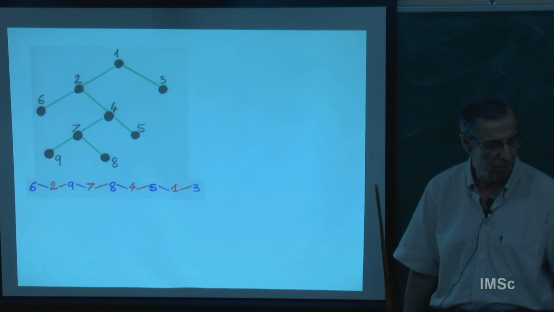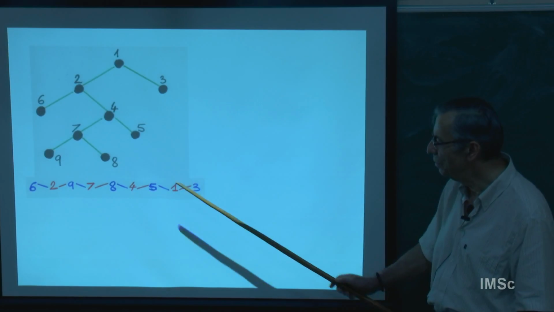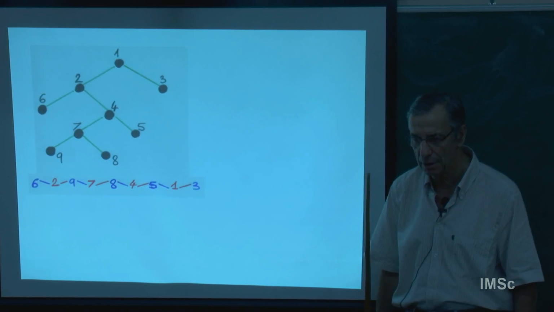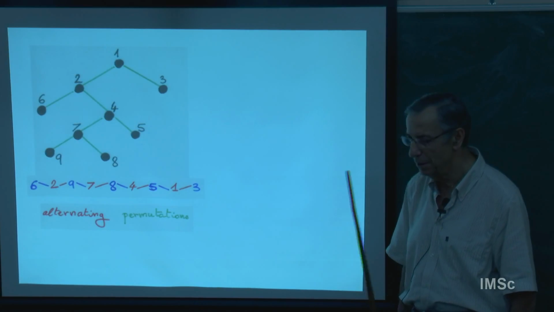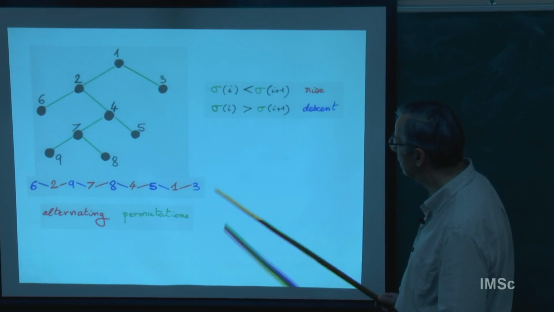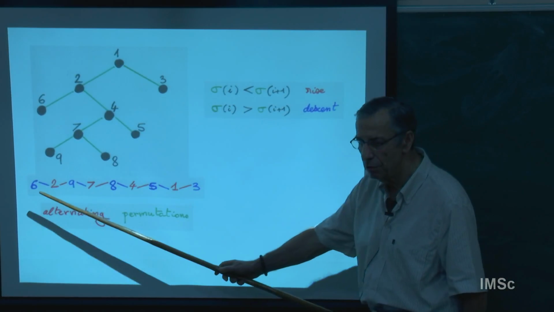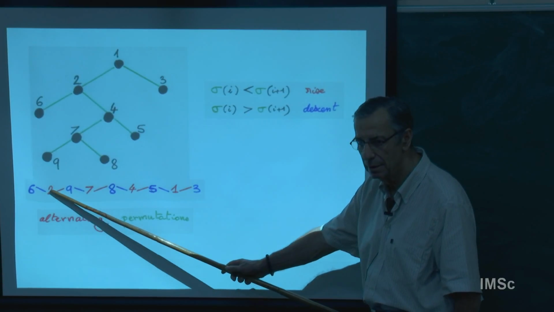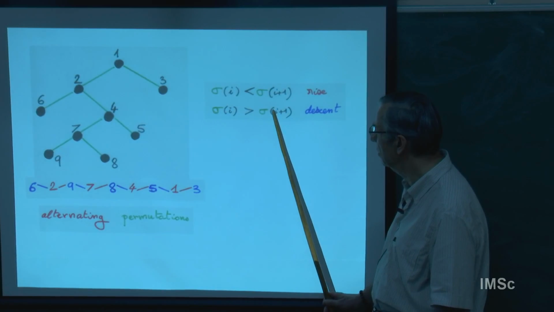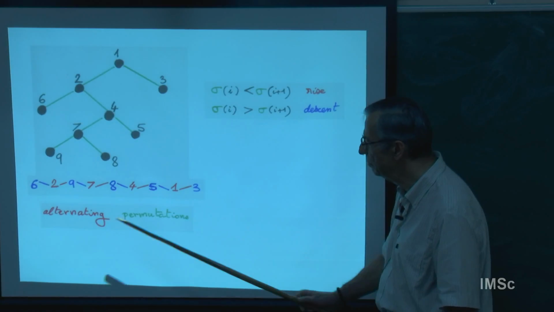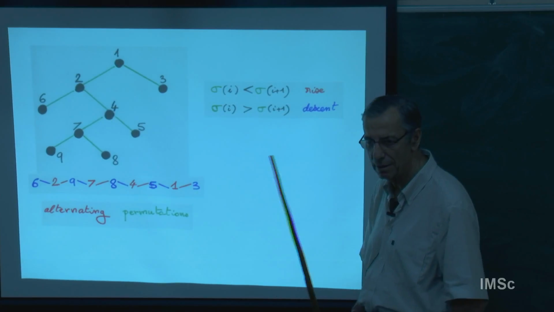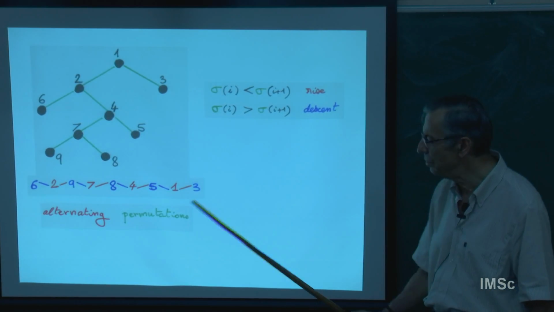Now if I take the bijection I showed you, by projecting, reading in order the binary tree, this gives me a permutation, and this permutation is called an alternating permutation. Alternating means that if you look from left to right at the word, you have a descent. Descent means that this letter is bigger than the following letter. So there is a descent, a rise, descent, rise, descent, rise. So alternating means that descents and rises alternate, and you start with a descent.